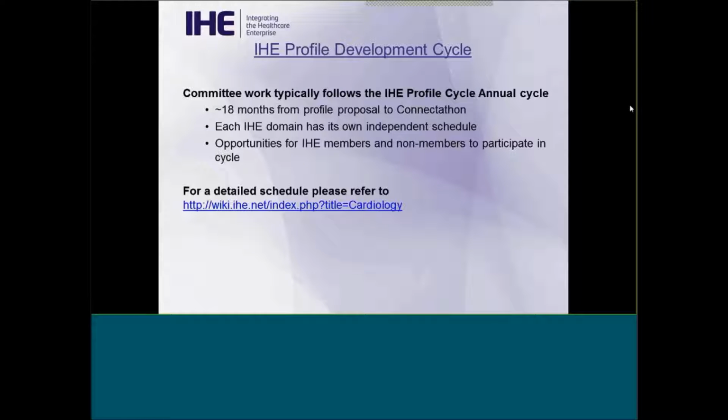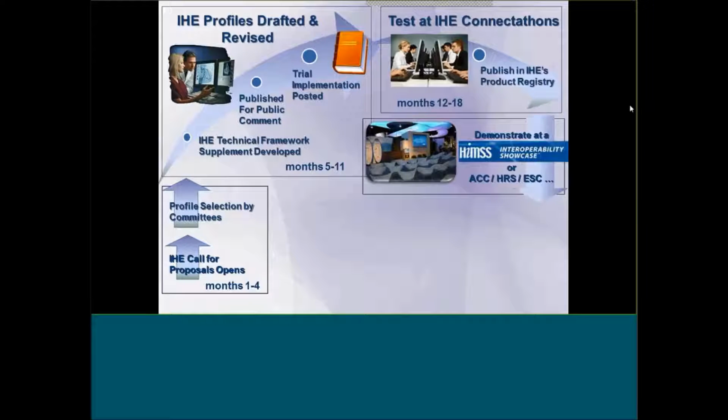So in order to allow for some more time for discussion, I will quickly run through these slides. In case you want to participate, and we would really appreciate your help on that, as Alan Katz has indicated, there is a roughly 18-month development cycle,